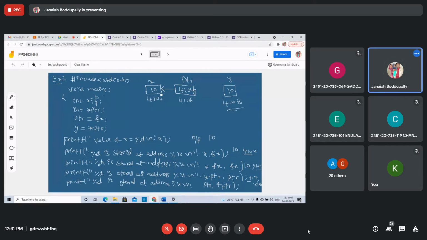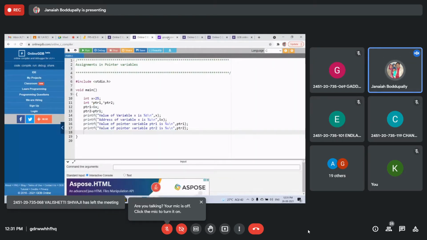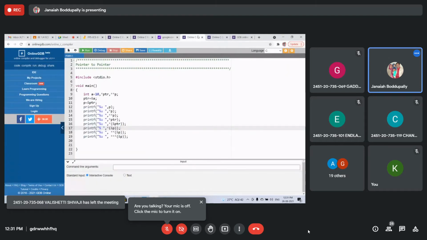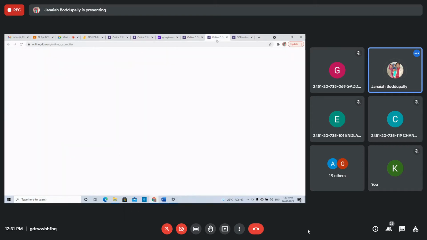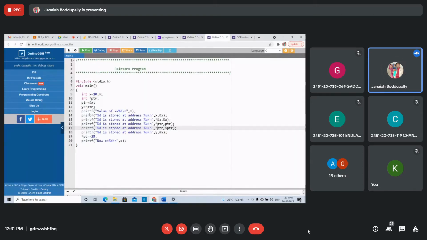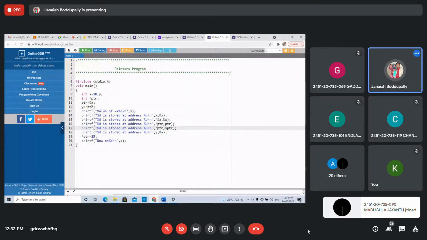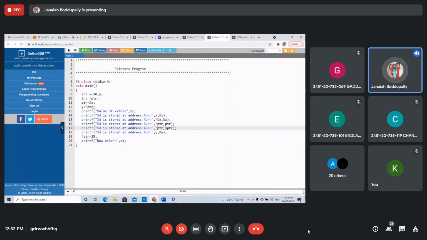Same with printf. I executed this program yesterday also. Here, *x equal to y. Int *ptr: the address of x is stored in the pointer variable ptr, and *ptr is the value at that address location of x. What is the value in ptr? 4104, like that. Then the value at that is x = 10, and y stores x = 10.